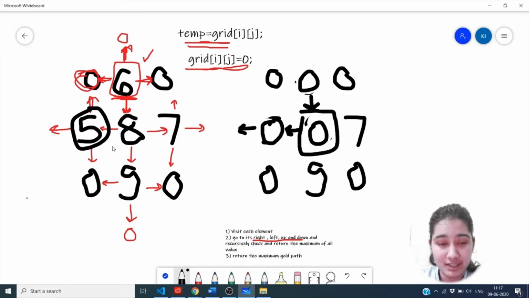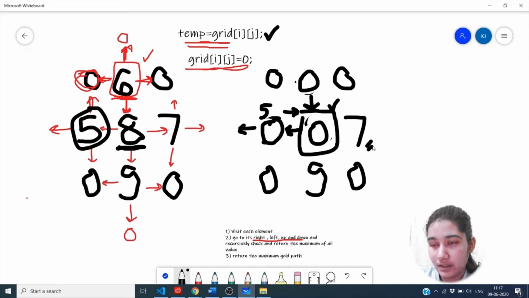And then checking its left, right, up and down, as all the values are 0, and as we have visited this, so we have changed its value before, so it will also return 0. So in this case, for this cell, 0, 0, 0, 0. So the maximum for this would be 0 plus the cell's value which was stored in this temp would be returned to this. Now as we are again on this cell, we have to check to its right.